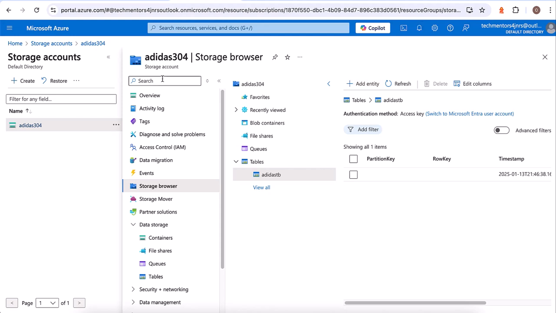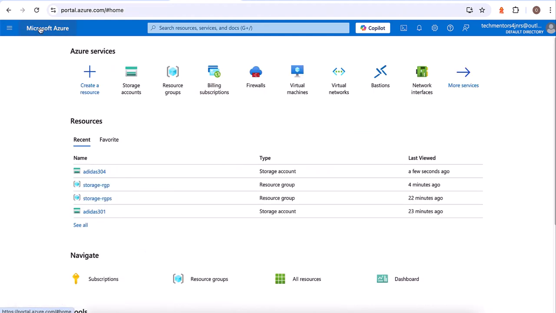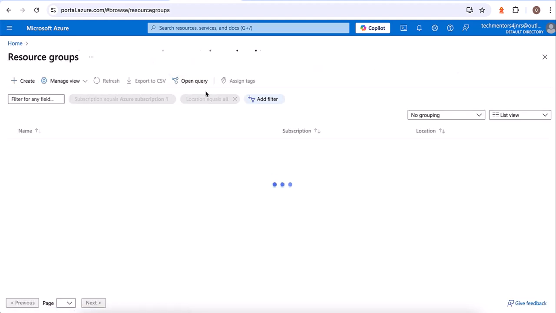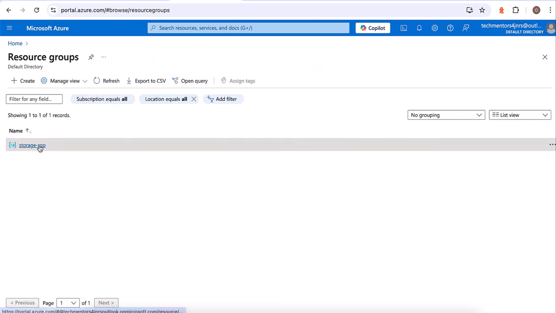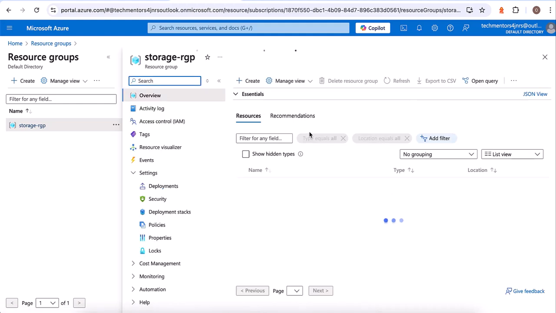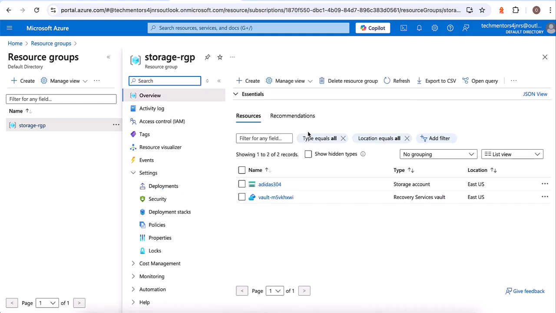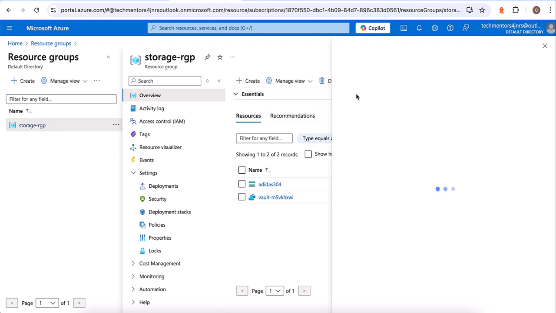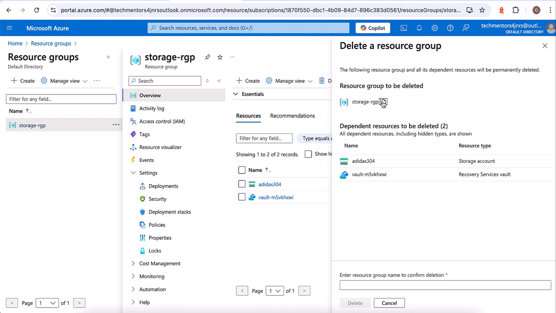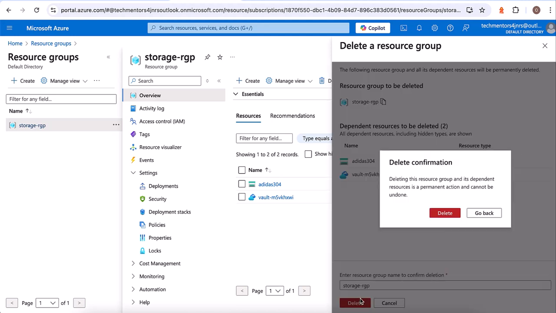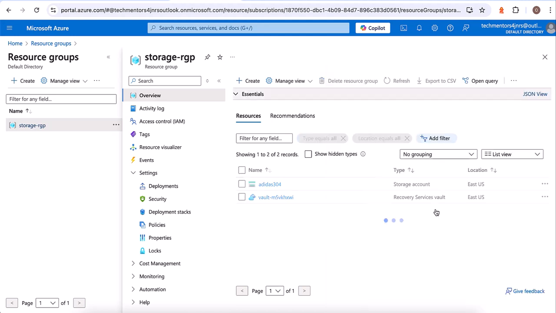What we need to do is to delete everything we have created so far. To do that, we just go to the home page, go to resources, click on storage, then select this, copy the name, paste here, try deleting.